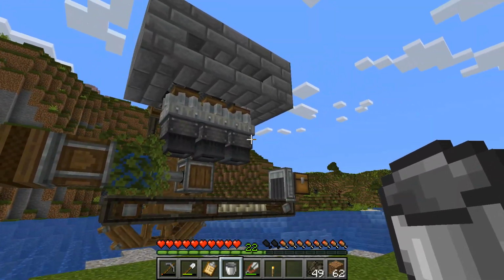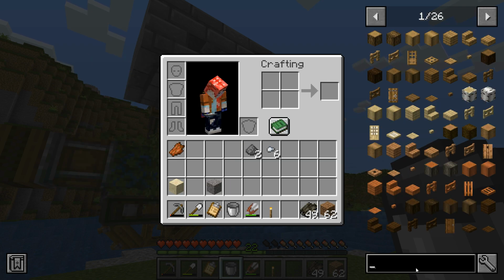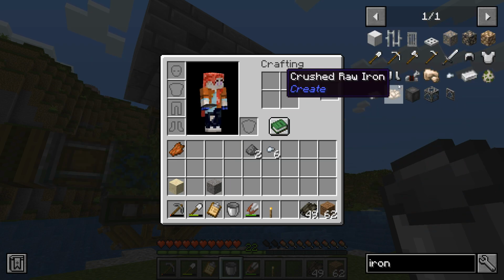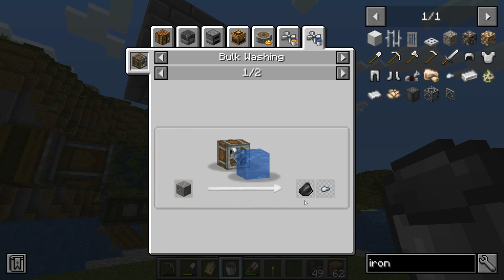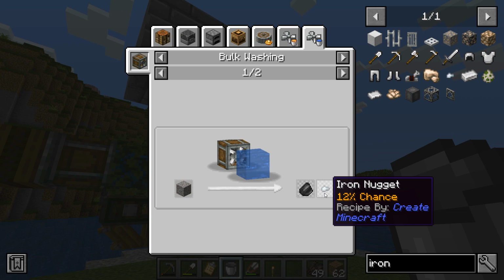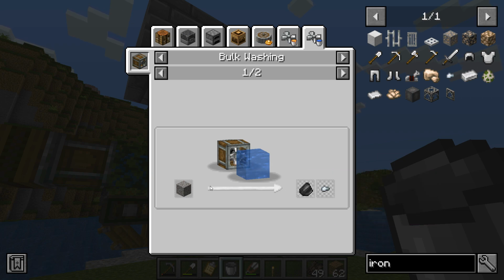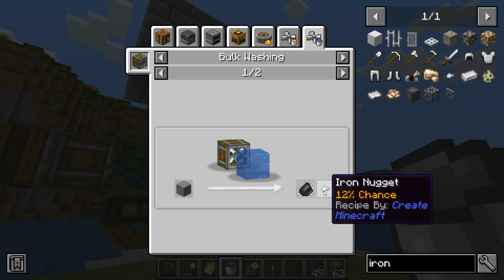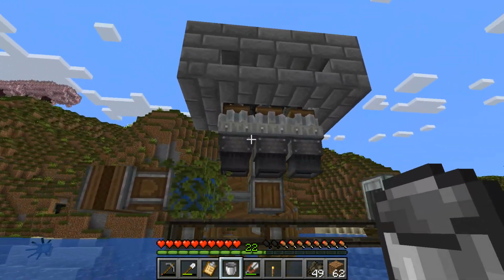Now, of course, one thing to note about this sort of farm is that if we have another little look in JEI, if we have a look at our iron nuggets, then you'll see that when they get washed down from gravel, they do not have a particularly high chance of actually becoming iron. It is only a 12% chance. So for all 10 pieces of gravel that come in, you'll be lucky if you get one that becomes an iron nugget. So it's not going to be the universe's fastest farm, but it is going to tick over constantly